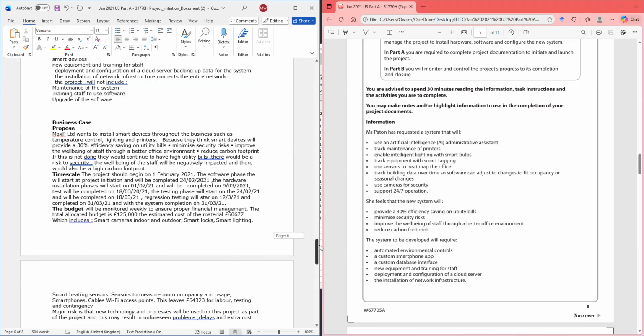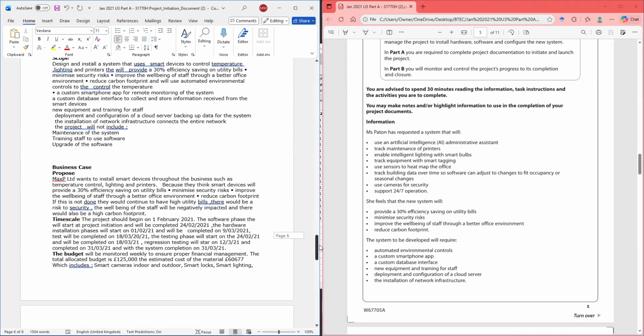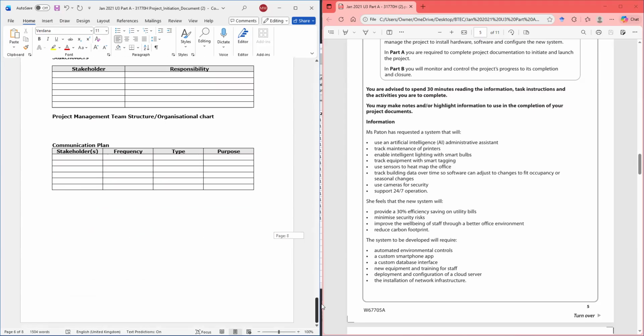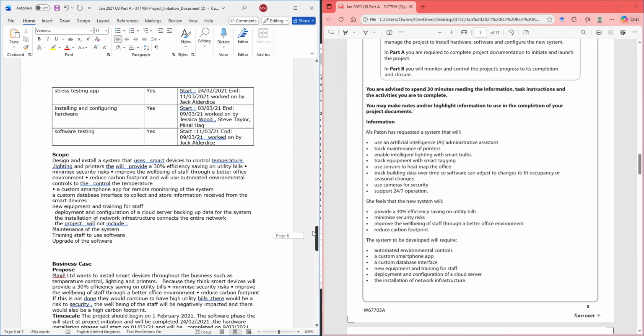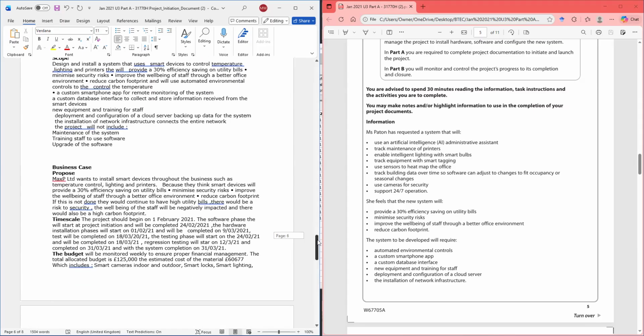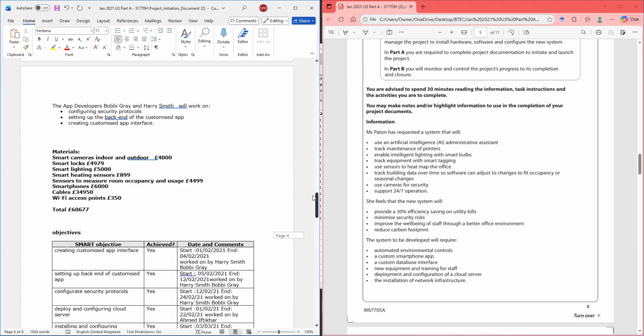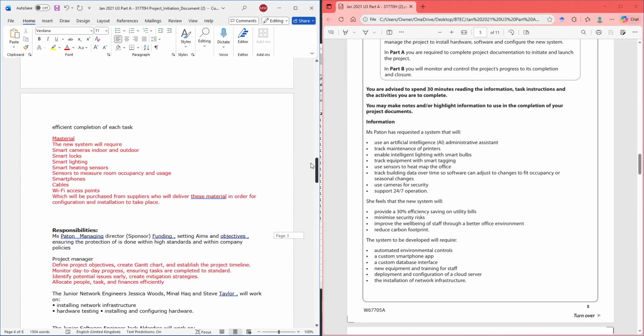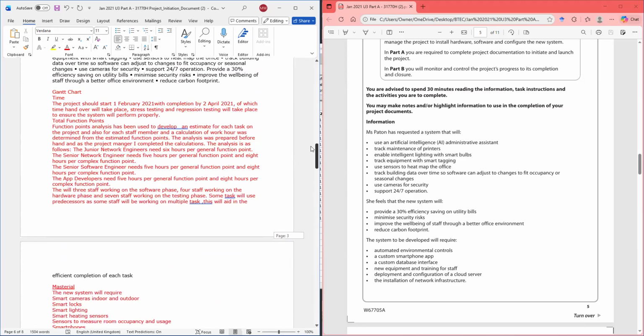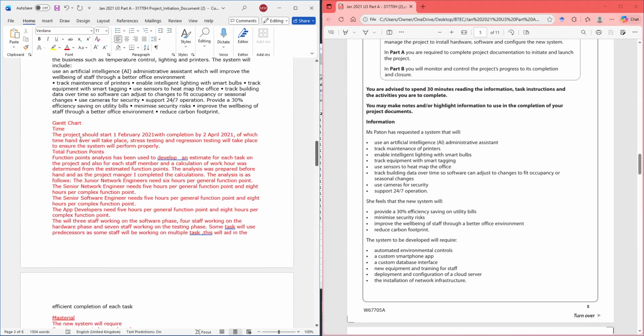Everything seems to be in place so far. What else didn't we do? All right, the business case. Did we write the business case in the previous one? I think, okay, no, these are the ones that we did not complete, these in red. All right, for the time, right?